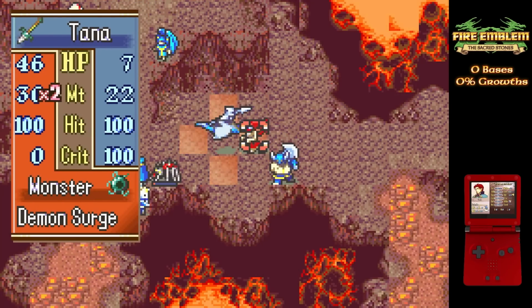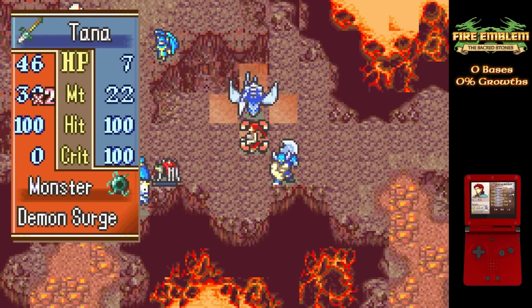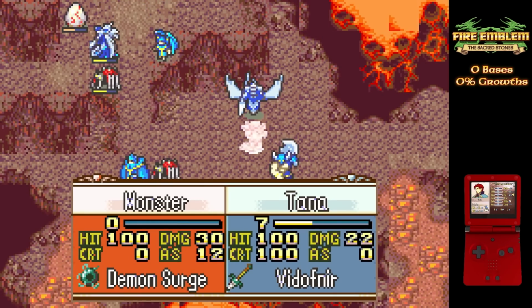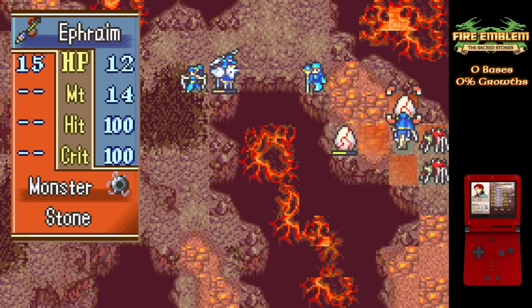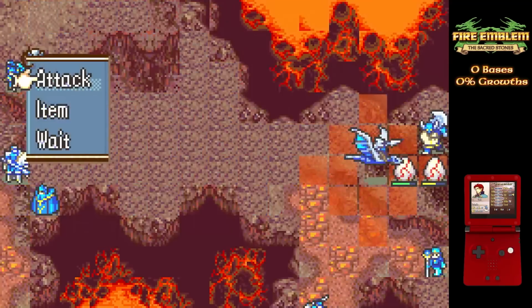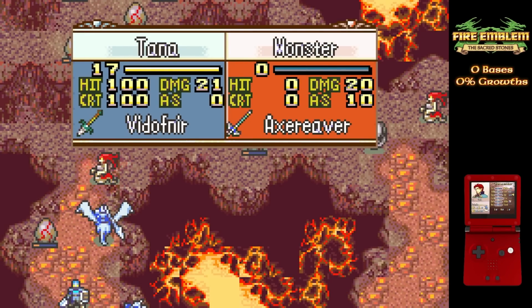After making some adjustments to account for this game mechanic, I actually ended up being able to get through the rest of the map relatively unscathed. As it turns out, legendary weapons have enough might to not really care about monster effectiveness, at least when it comes to eggs. There was a bit of a jump scare towards the end of the map when I realized